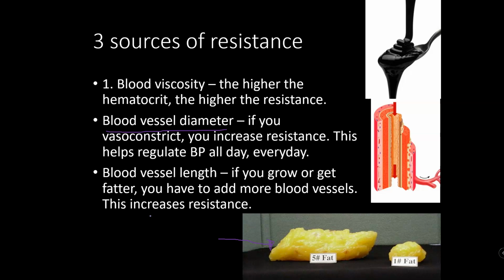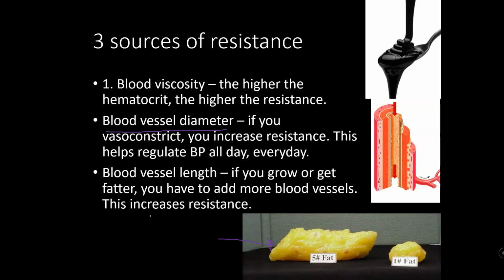This is why people who are overweight or obese almost always have hypertension. It's because they have to get the blood through the additional blood vessels that they had to build to supply the extra tissues that they have. It is also why if they were to lose weight, their blood pressure would more than likely come down. It's because then they would not have to supply all this extra tissue with all of this extra blood.